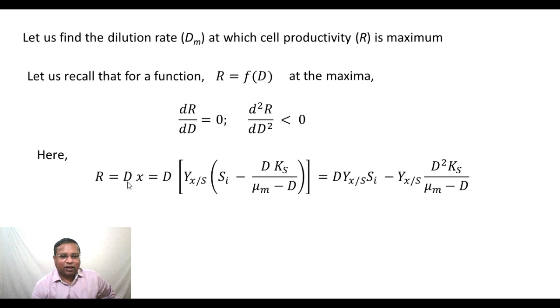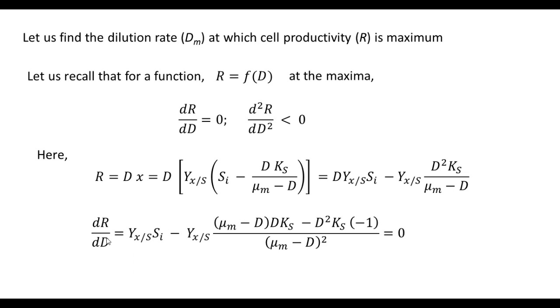Here R is nothing but D times X, which can be written in terms of the other variables as D times Y_XS, the yield, times the substrate concentration, therefore Y_XS times Si minus D Ks by mu m minus D. If we expand, we will get D times Y_XS times Si, first term, minus Y_XS D squared Ks by mu m minus D,